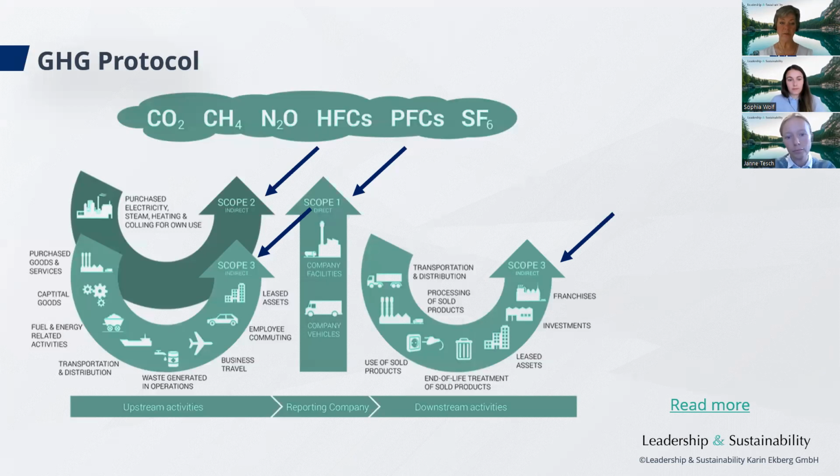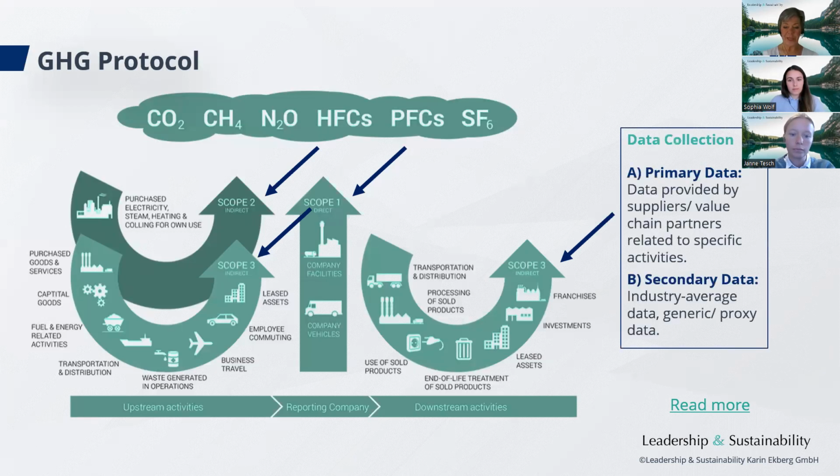And on the downstream side, we again have transportation. We have processing of sold products. We have use of the products and end-of-life treatment of the products as well, among other categories. So there are lots of different categories that you need to get hold of if you want to calculate your Scope 3 emissions. When collecting data for the carbon footprint calculations, there are 2 main types of